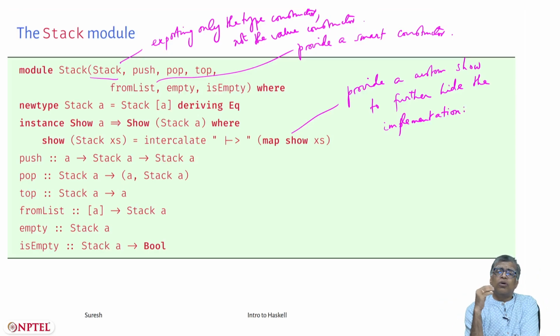Okay, good. So now it might seem like we have done a lot of work for Stack, but this is just to indicate how you can create your own abstract data type and implement this hiding. We will next look at a Queue module. There you will see that actually you can vary the implementation, but provide a kind of seamless interface. Okay, so that would be in the next lecture.